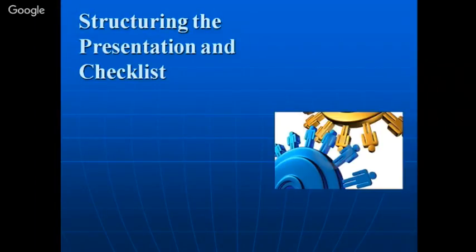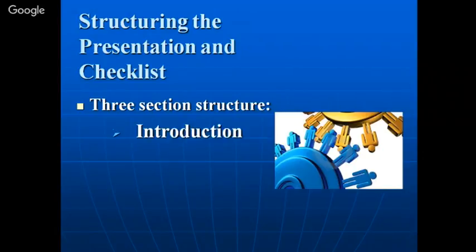Now I have talked about the structuring, the presentation, and the checklist. Let us now talk about structure. As I mentioned, there should be 3 sections of your presentation. How you structure them. Number 1 is introduction. Number 2 is the information or the main body of the presentation. Number 3 is recapitulation or conclusion or summary. Okay, this is how we structure, every presentation has 3 parts. Recapitulation is very important. In the end, how you conclude or summarize your presentation.